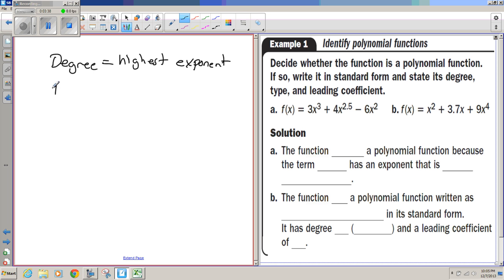The type is equal to the matching degree equation. So what that means is a constant